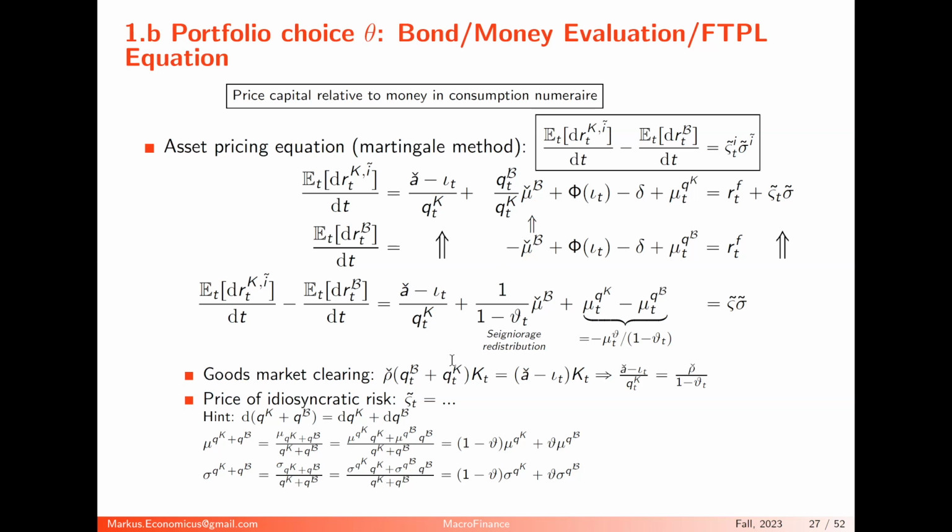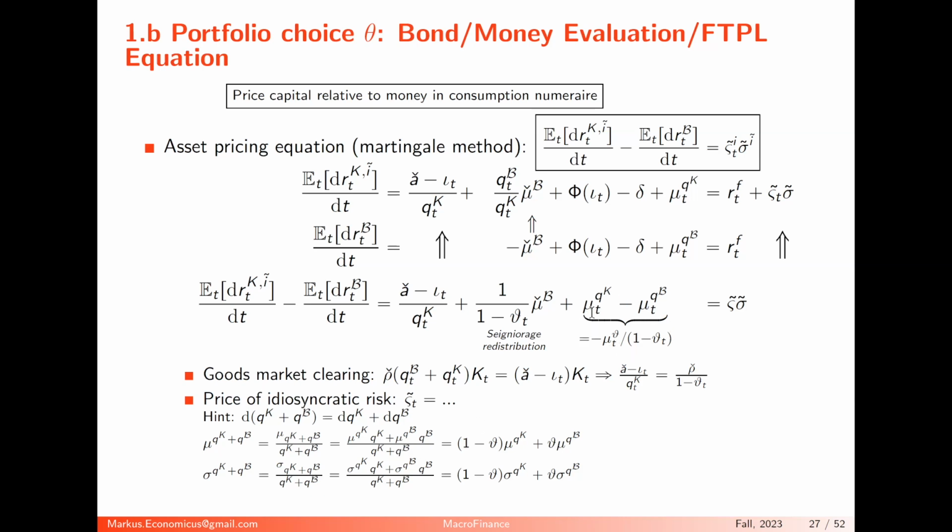Now, so that's my thing. Remember the portfolio choice in this varsigma tilde. There's a little bit of algebra to get this guy here. This becomes this guy here. To see this, I've put some hint here. So this is for you at home to figure out what is the drift of this. We don't need this, just the drifts here. And then you can see already, I can rewrite it, it becomes this element here.